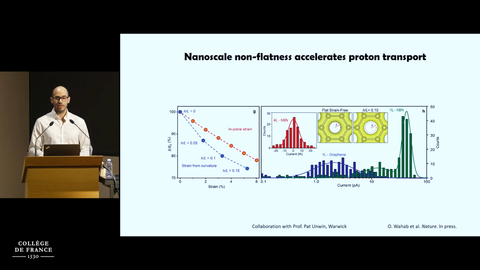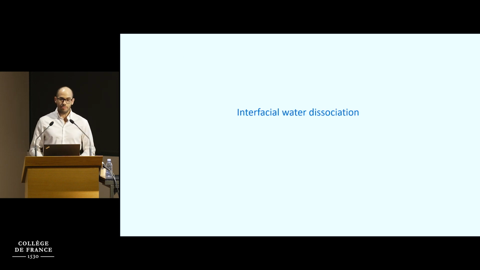But more generally, what we think this is saying is that, of course, wrinkles are the biggest of all these nanoscale features in these crystals. So graphene, if it was completely flat, would be thermodynamically unstable. So it's always covered in nanoripples everywhere. And these ripples have been characterized with TEM multiple times. So we think that these wrinkles are simply the biggest of these features, and proton transport does happen through nanoscale features in the crystal. So that is the background where we wanted to study how interfacial water behaves in this